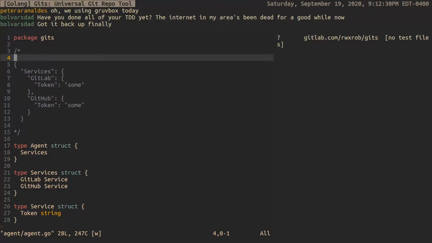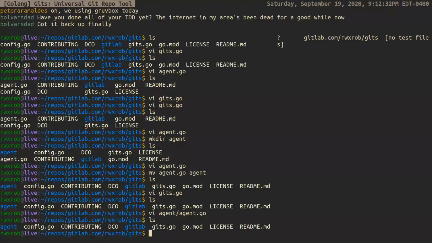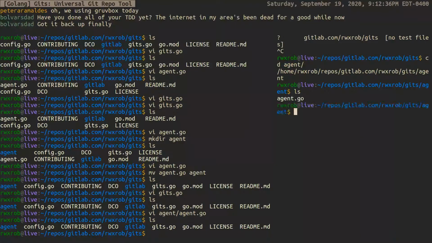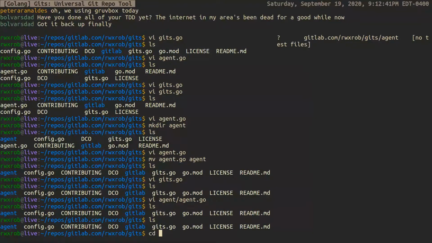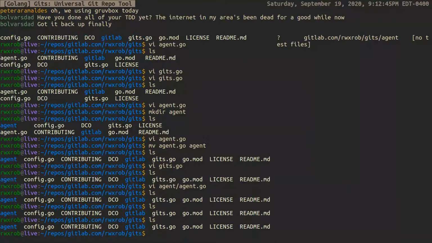So yeah, we have this specific situation. Over here, I can go back into the agent directory and start running some tests. Actually, before I leave there, I'm going to move Gits to agent, which is kind of conventional